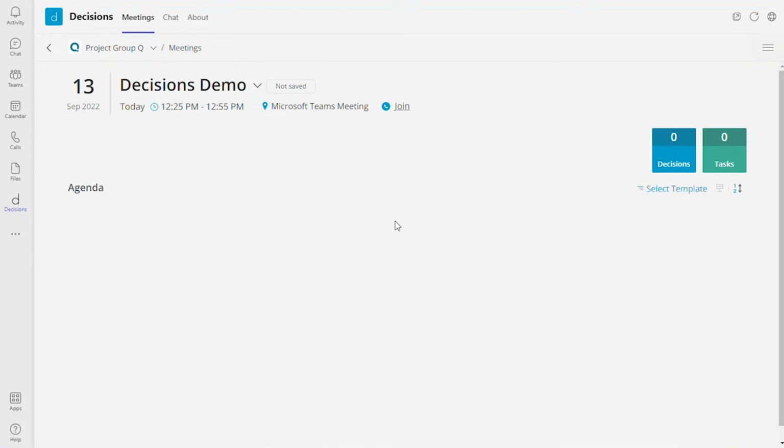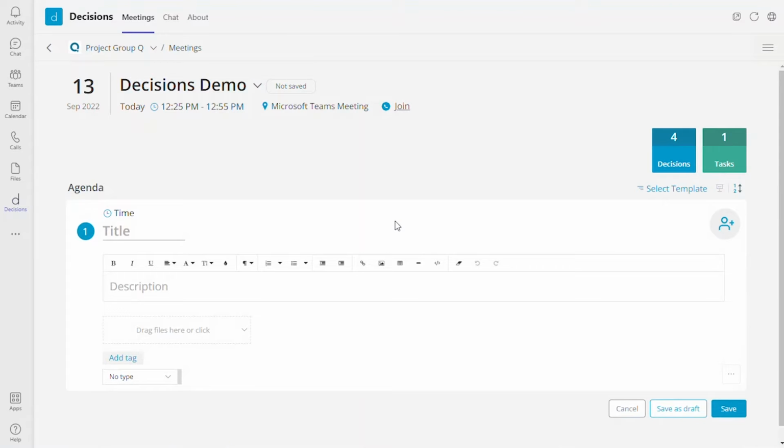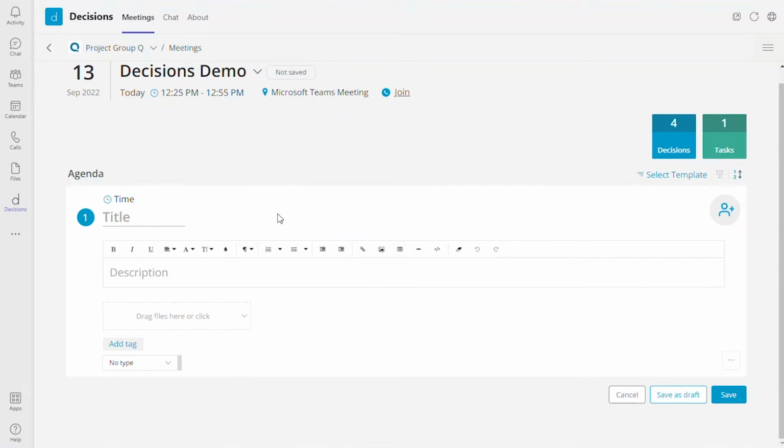When I click next, we're going to be greeted with our dedicated agenda builder. So if you really wanted to, you could go through this agenda and build out an item by item agenda. You can throw in a time, title, description, you can attach files, you can add little keywords, you can even make people presenters. I'll dive into this functionality and these features a little bit more when I fast forward here, but just know that you can build an agenda from scratch every single time if you so choose.